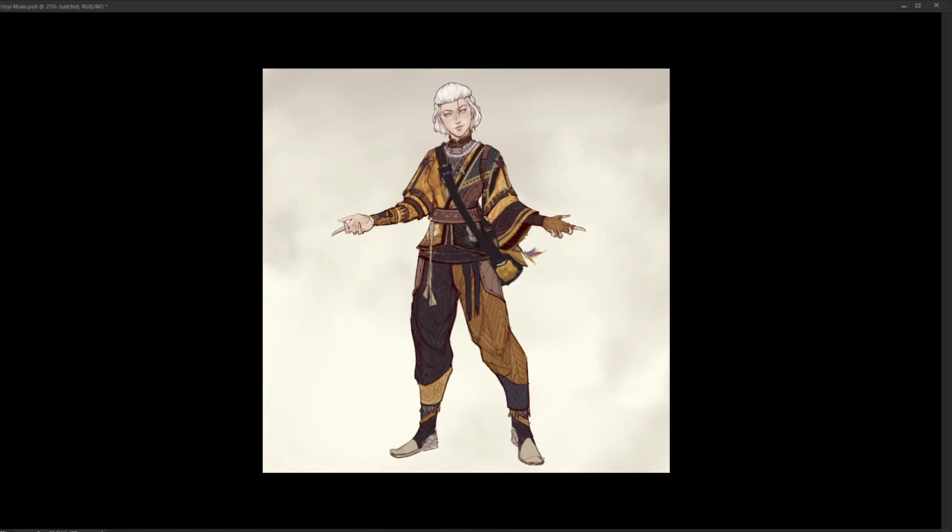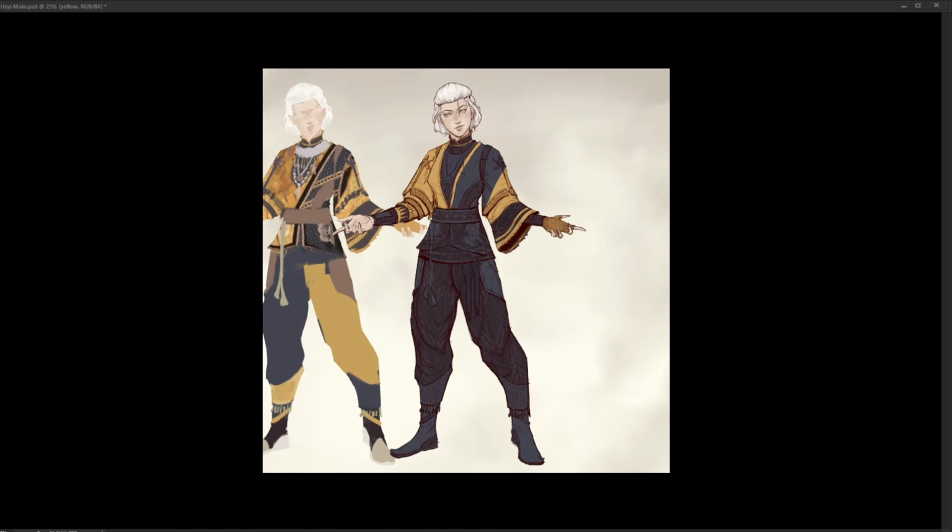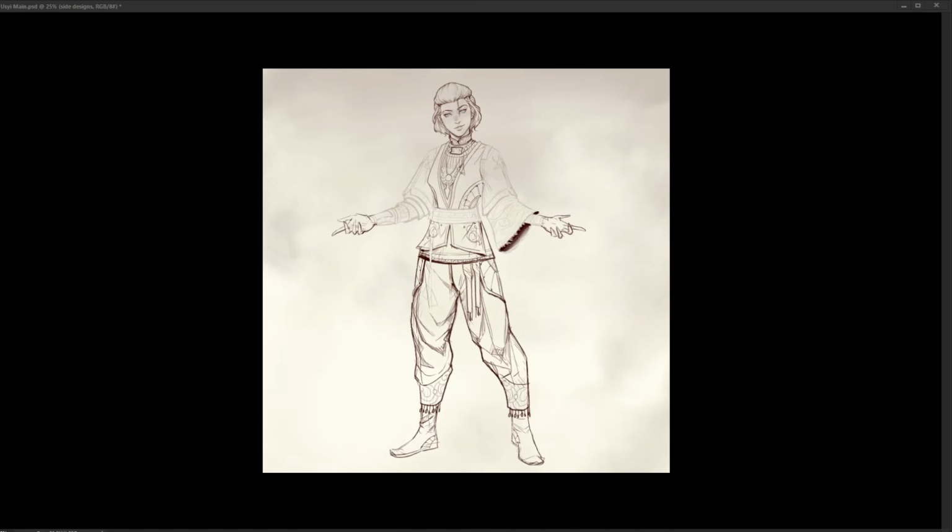You'll see here that I add a satchel and a belt and a dagger. I was thinking that she looked a bit plain or bare, and I was thinking to add shapes around her, things that she carries. She's a nomad, so I can imagine that she's got like a hunting knife or whatnot and a bag to carry her things in. These things are more on the functional side of design. I don't think she needed them per se, but it helps tell more of a story with the character.